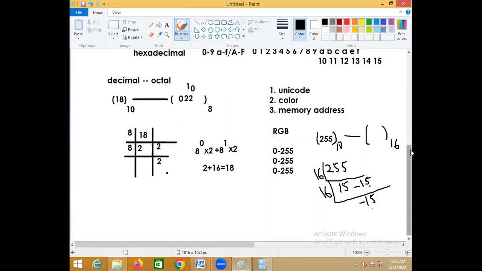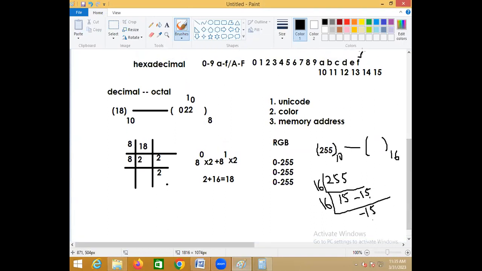What is the 15 equivalent value in hexadecimal? F. So you are writing F and one more F. So FF stands for 255 in which format? Hexadecimal format. So if I am writing a color FF, FF and FF, it is nothing but